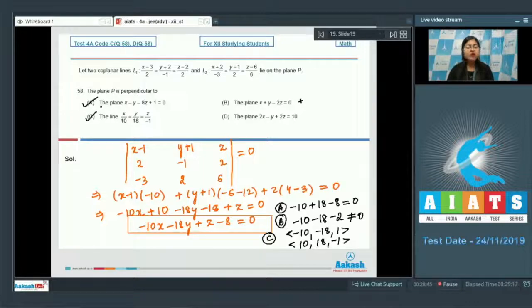So this is also perpendicular to this line. Now let's talk about option number D. Let us take dot product. 2 into minus 10 minus 1 into minus 18 plus 2 into 1, that is equal to minus 20 plus 2, that is minus 18 plus 18, that is surely equal to 0. So correct answer is A, C and